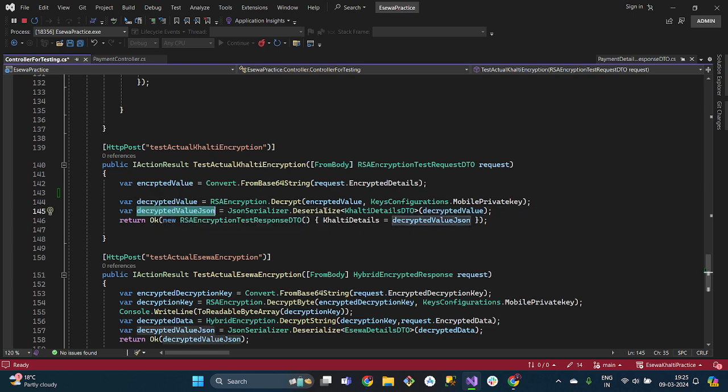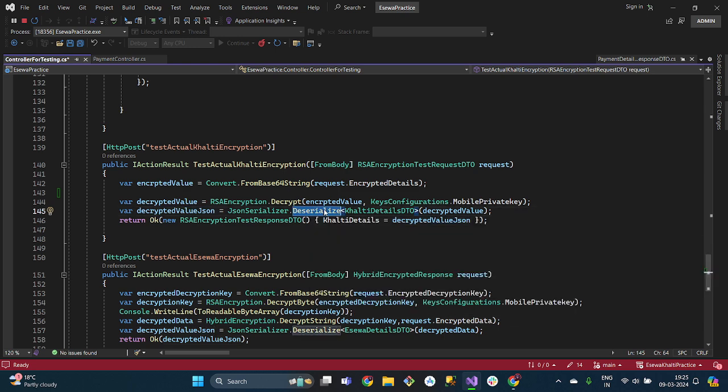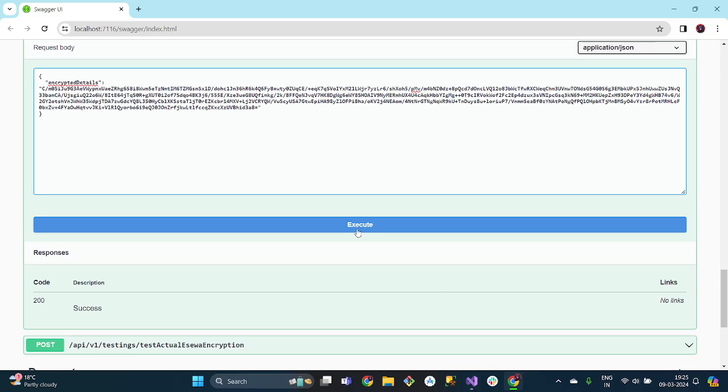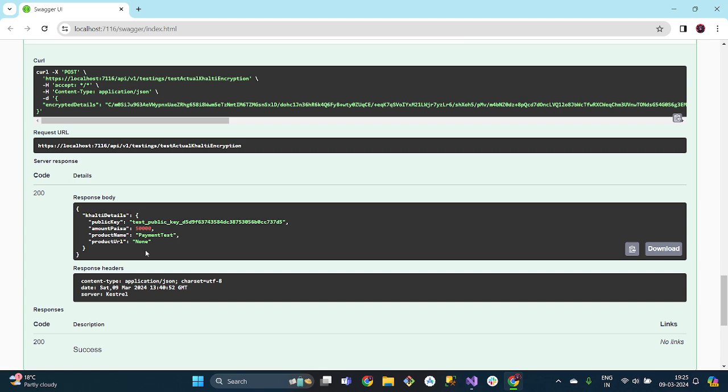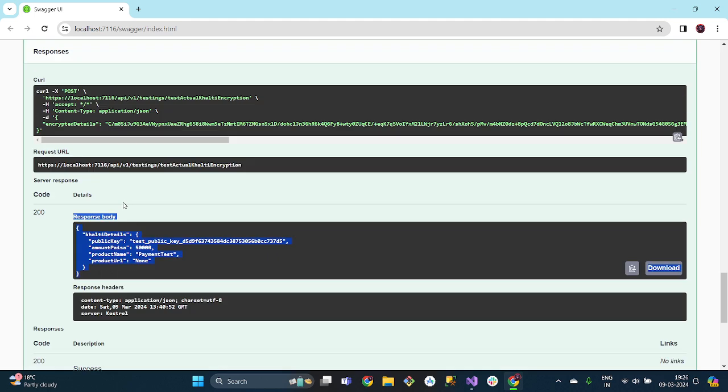We have deserialized it, and after deserialization we have returned the RSA. It's just JSON using DTO. Data gets returned. Let's see how it looks. Look, here is the data. So from this encrypted data we got this data, and these tasks,